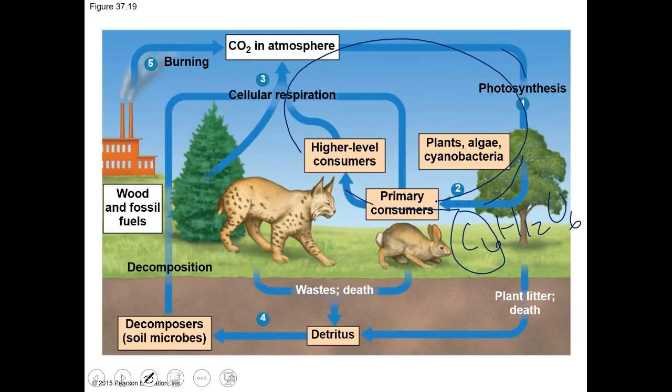But we do have other components. Some of these things will die and be detritus, and some things will decompose it, or detritivores may even eat it, but we're going to get some cycling there and decomposition, and it may go into the atmosphere. We also get burning of fossil fuels that contributes to CO2 in the atmosphere, other than just breathing it out. So this is the main part of it, but then you've got some additional parts that actually include the earth, the geo part of this stuff, where you've got detritus and then moving up into